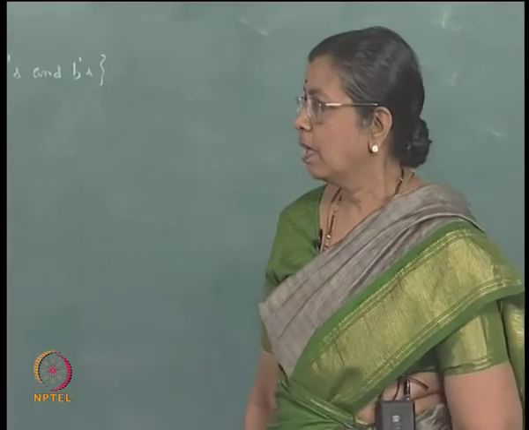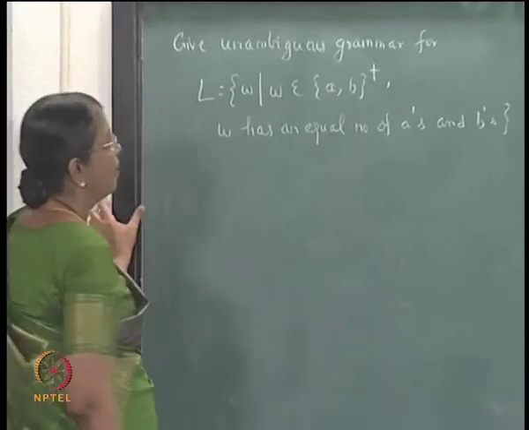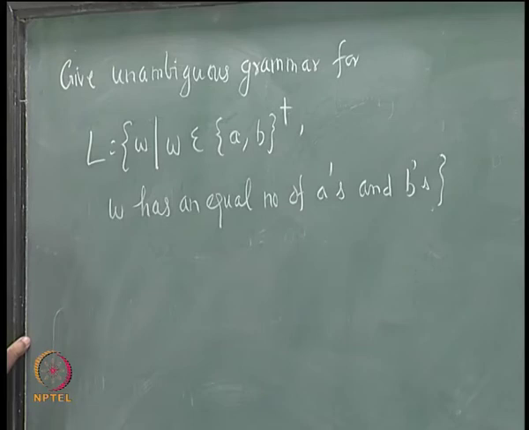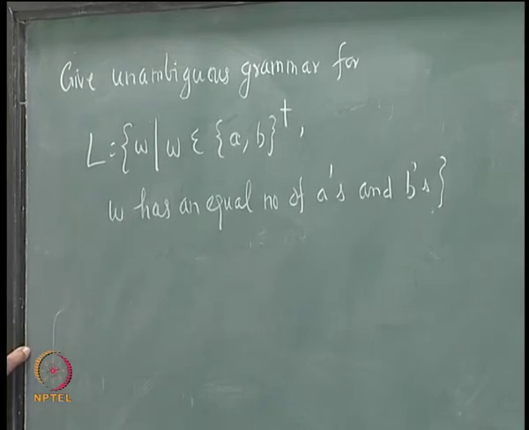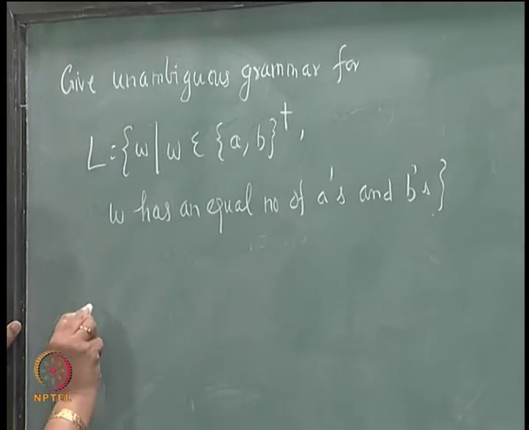Okay. So, let us consider some more problems. Give an unambiguous grammar for W, where W is a string of A's and B's, and W has an equal number of A's and B's. This example we have considered several times. The grammar which we considered was this: